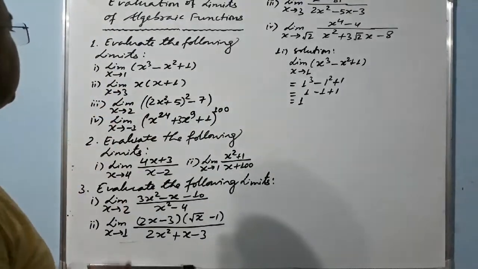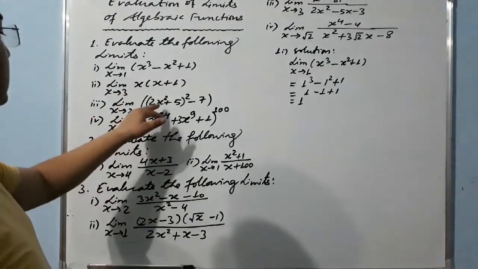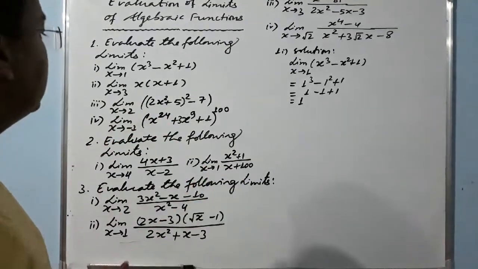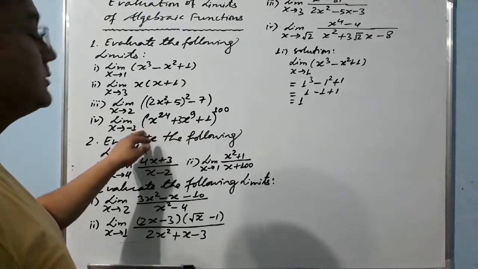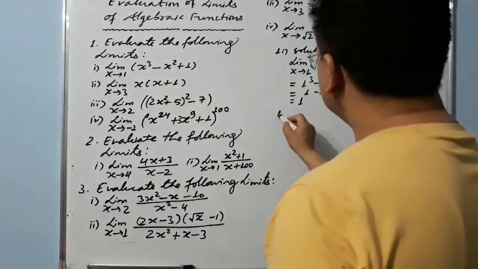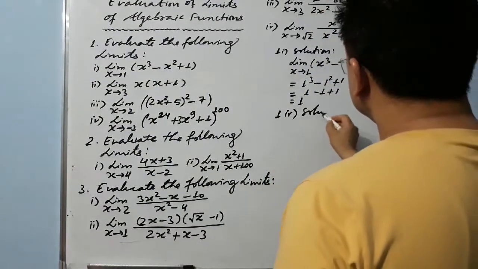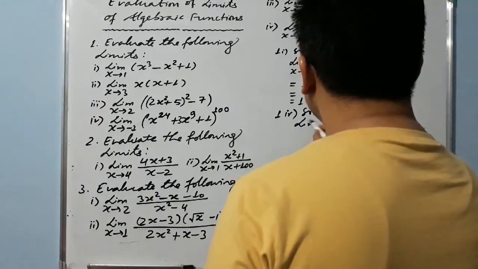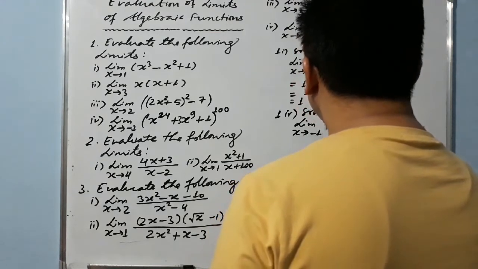Easy. You just have to use 3 instead of x here, and here instead of x you need to use 2, and then just simplify. And here instead of x we need to use minus 1. Okay, so let me do the solution of this question, the limit as x tends to negative 1